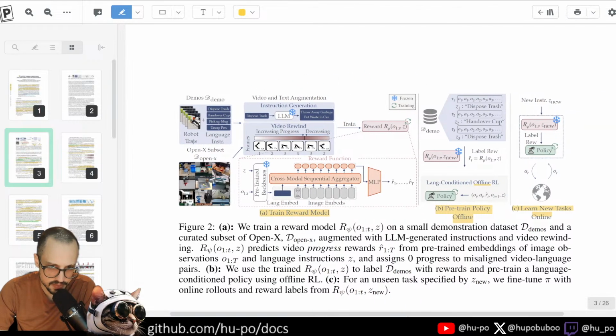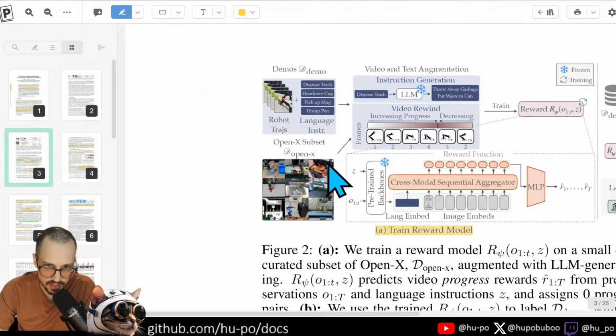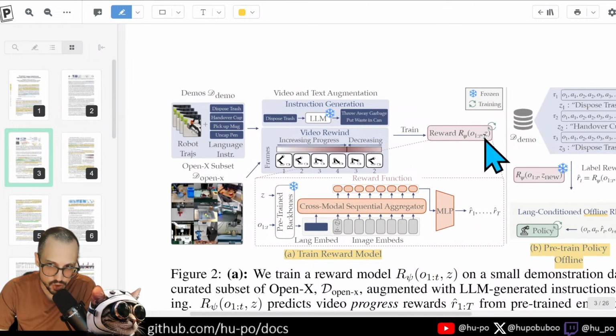So the first part of this pipeline is taking these data sets, augmenting them. So you see these arrows here, they're basically going in here. Here are the two different types of data augmentation. You have your instruction or text augmentation, then you have your video augmentation. You use that to train this reward function, right? This reward function consists of these